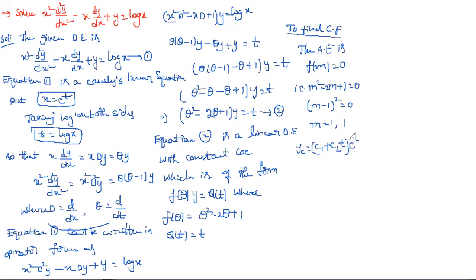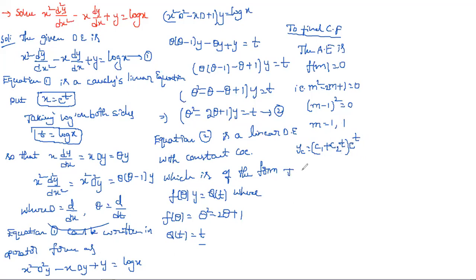Don't write it as x. Okay, so we are familiar with that one; normally we write it as x e^x. But here the function is in terms of t, so you need to write (c1 + c2 t) e^t. If you write x, that is completely different. So don't confuse; here you need to write (c1 + c2 t) e^t.